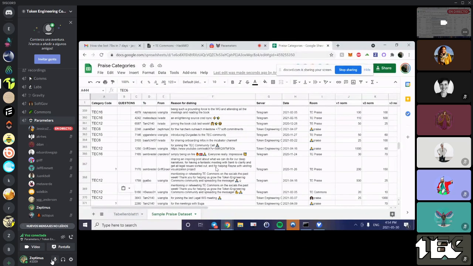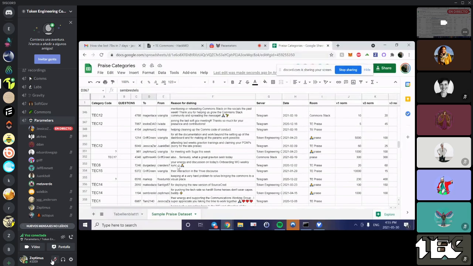I feel that one has like two praises inside. One is for common swarm, and another for legal, and even something for the narrative, which could also be comms. So it's like three praises in one. Yeah, that one is hard. I haven't seen one that's that hard. I would say though, he's mainly working with common swarm. So I would tag it under common swarm or legal. Common swarm because that's what Sem's praise is. So I'd say Sem is mostly common swarm, but it could also be legal.